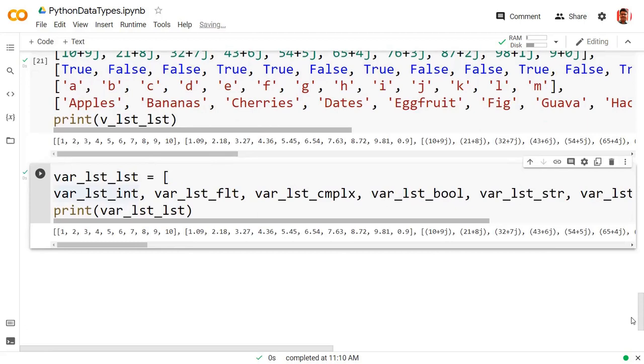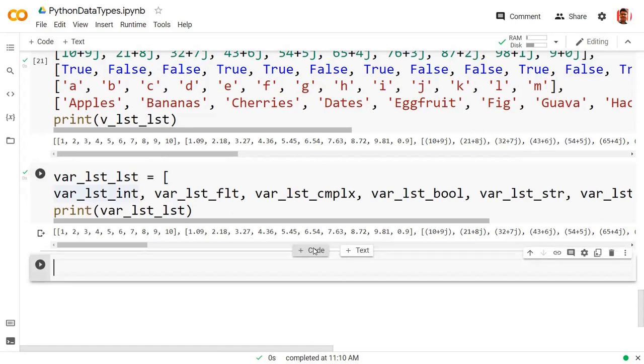Now one more thing you should remember is that you can create a list of tuples, you can create a list of sets, you can create much more like that. Second, you can have a combination of all of these together. You can have a list of numbers, float, complex, boolean, string, list, tuple, set, and dictionary. All together can be part of your list, and you can create any complex kind of list from that.